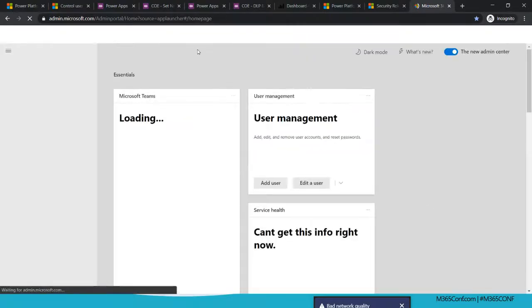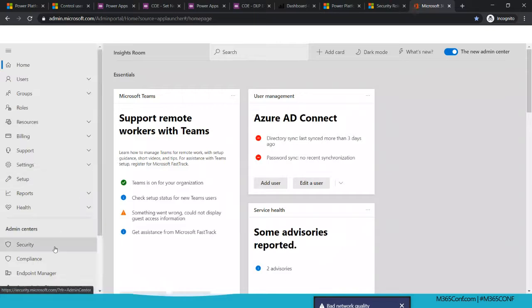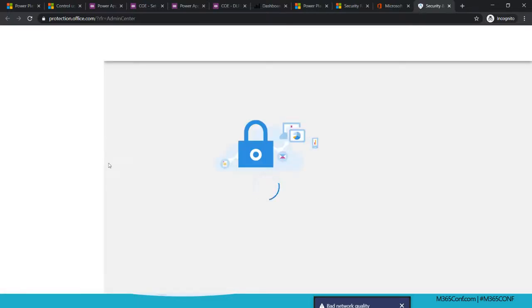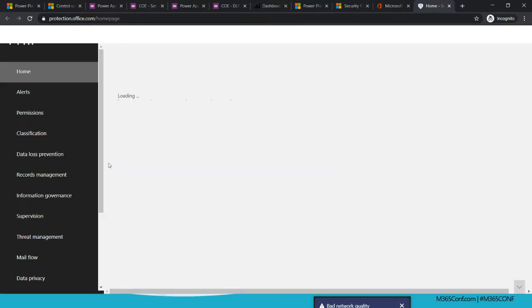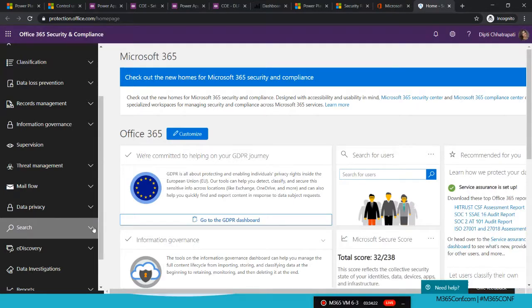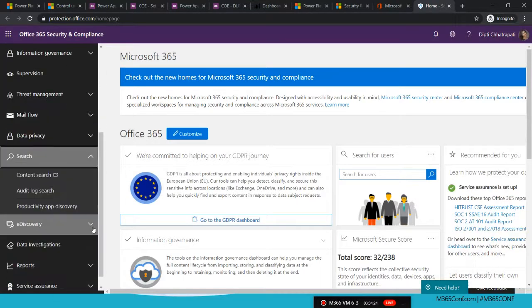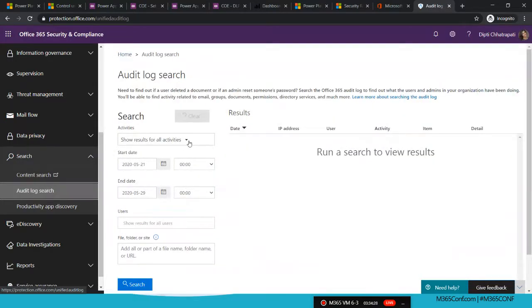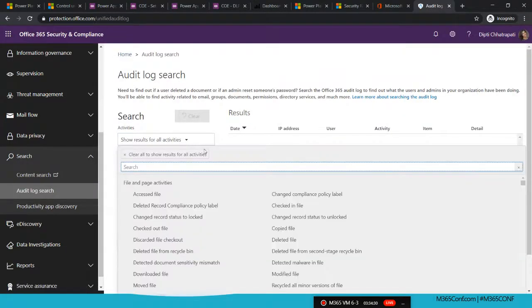So you go to the Microsoft Office 365 Admin Center, and then you click on the security, which will open the Security Admin Center, which is where you will find in the left-hand side the search report. So you expand the search option and click on Audit Log Search, and which is where you can further define